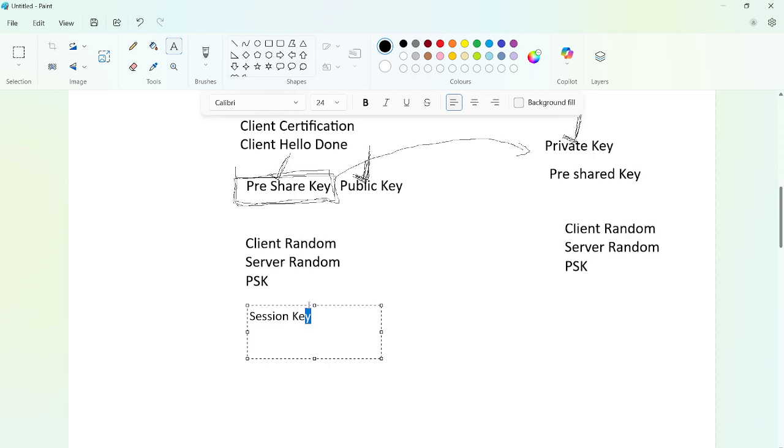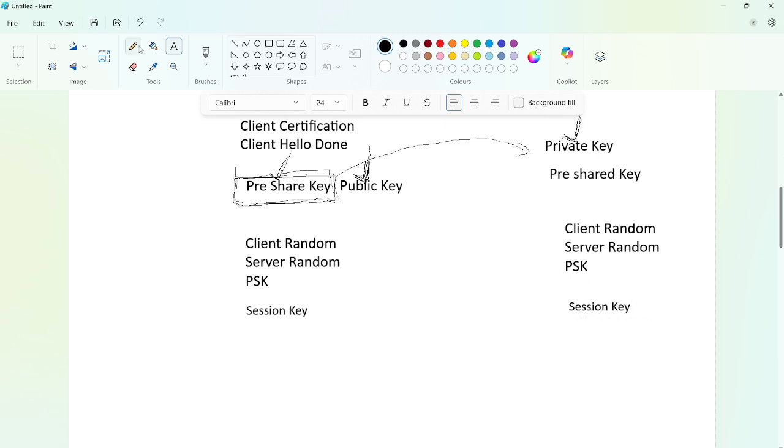The client generates a session key, and the server also generates a session key, using the client random, server random, and pre-shared key.